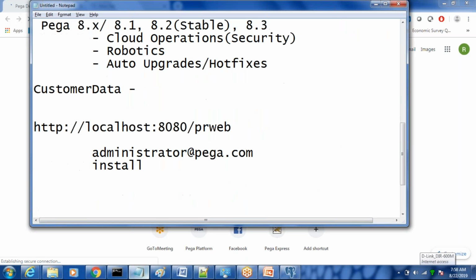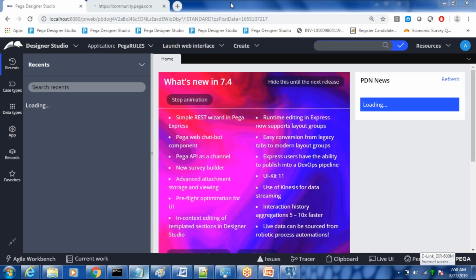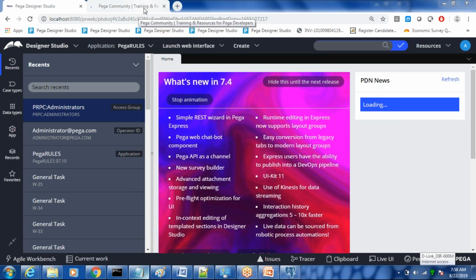You need to sign up for this. Sign up where you see on the top, just sign up and register to it. It helps us a lot when we go for certifications. And of course, in general, whenever we try to find something new in Pega, you can search in this Pega network. So you just click on sign up and register for it.